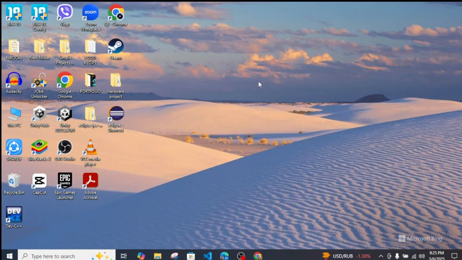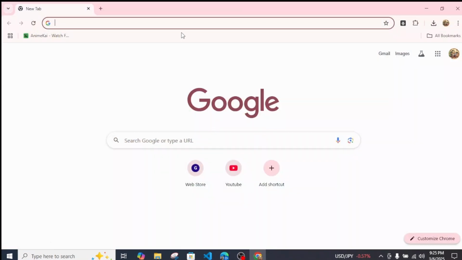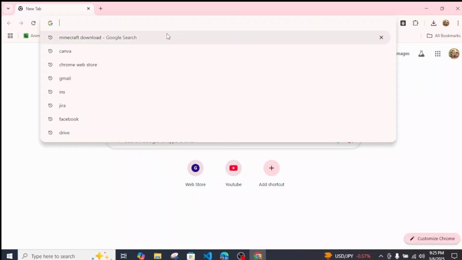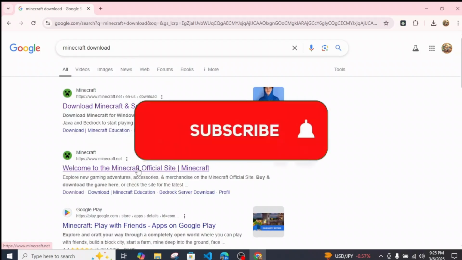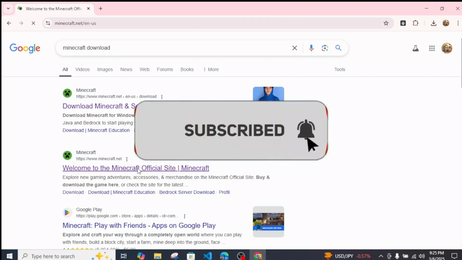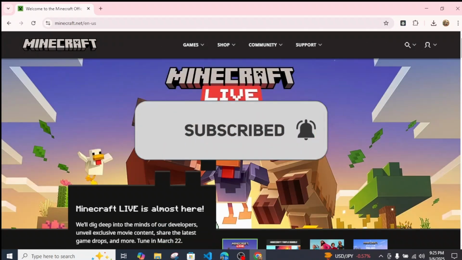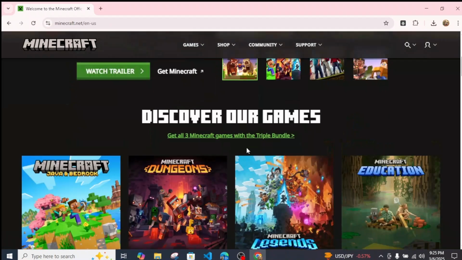In this quick tutorial, I'll be discussing how you can easily download Minecraft for free on your Windows. So first thing, simply head over to any of your browsers and just search for Minecraft download. Make sure you head over to this website, which is the official website of Microsoft Minecraft. Once you tap on it, just click on it and wait for some time, and once inside their homepage,